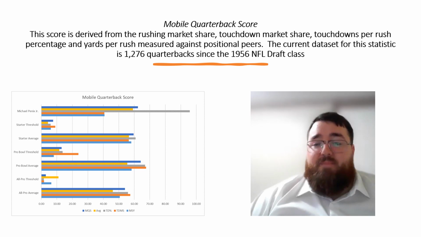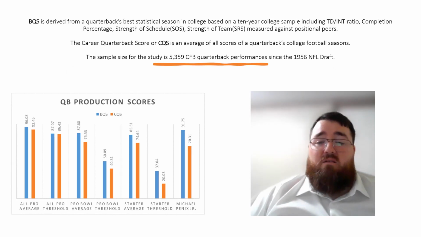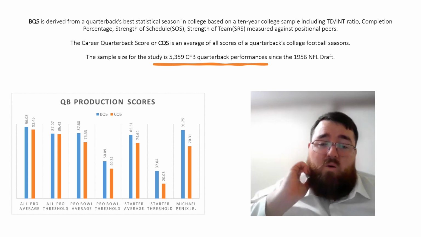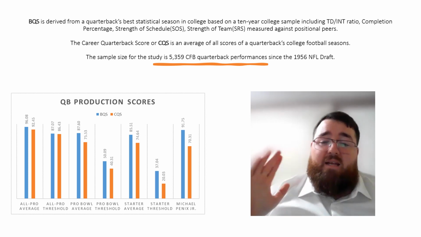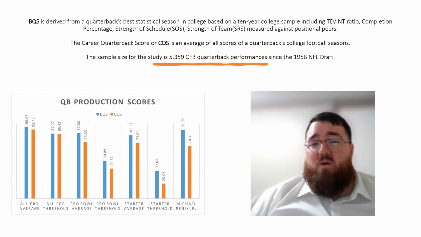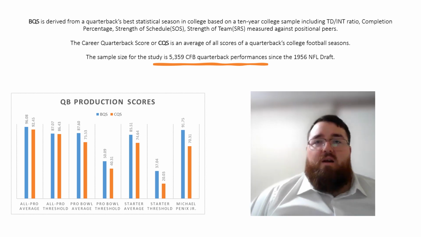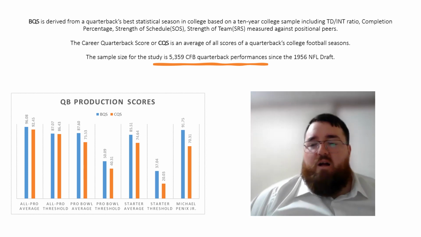So he's more of a pocket passer, and as a pocket passer, we're going to look at quarterback efficiency scores right now. He was decent. His best score was 91.75 out of 100, and his CQS, or career passing efficiency score, was 70.31 out of 100. But the biggest issue is his age, and I know a lot of people are tired of hearing about the age argument with Michael Penix Jr. They're tired of hearing about the COVID and his injuries and all that kind of stuff. He's a great player. It's just he had all these bad misfortunes in his career.